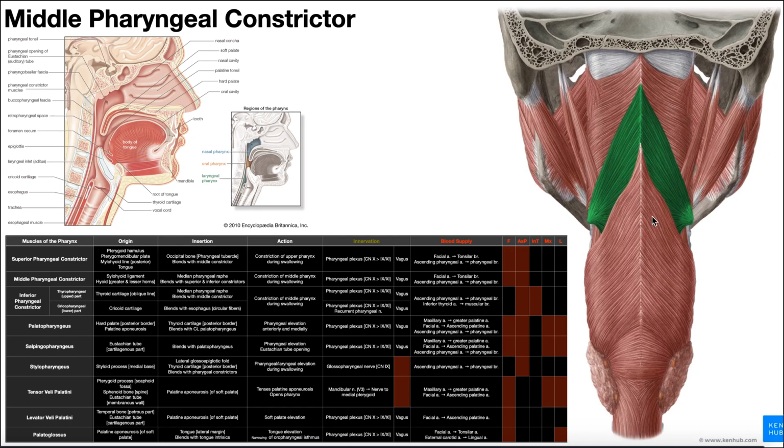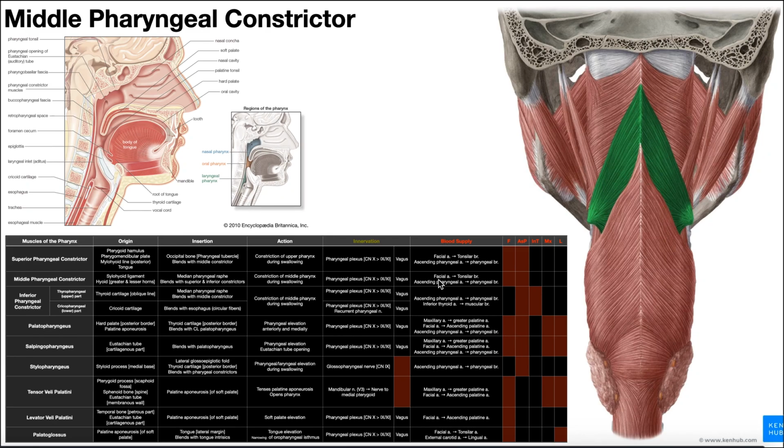And so when we talk about this pharyngeal constrictor network of muscles, it's not so much three separate muscles, it's really just one continuous muscle with three arbitrarily defined regions. Okay? Now obviously it's going to function to constrict the pharynx, but it's going to be the middle part that we're talking about. So more or less the bottom of the oropharynx and kind of where that becomes continuous with the laryngopharynx. All right? Again, its innervation is the pharyngeal plexus, and its blood supply is the same as that of the